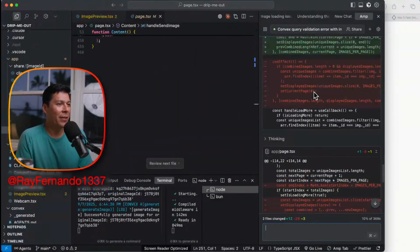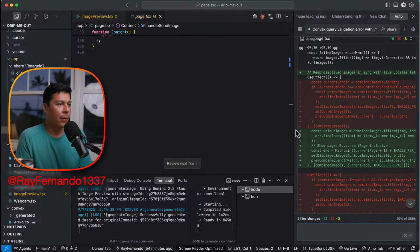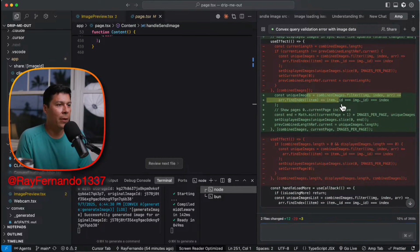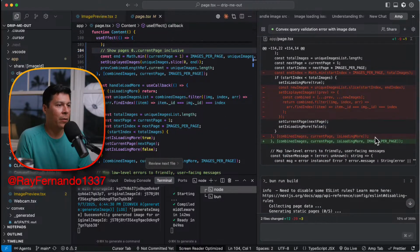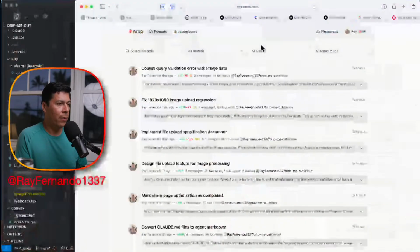So what code fixes did we do here? Let's see. I'm just really curious now. Okay, so what is it saying? It's saying that the Oracle has come back saying what? Keep displayed images in sync with live updates, status changes, and pagination. So the unique images, yes. Okay, show pages, yes. And then this is now doing the combined images per page. Okay. Fix the UI stale state causing the queued status after backend completed, syncing pagination. Okay, replace the linked only effect. Okay, yeah, I think this should fix the issue according to the docs. So now